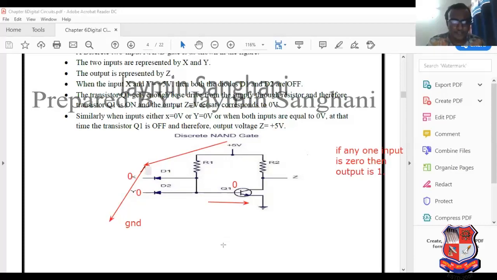Now I will explain this fundamental concept. See this very carefully. If we apply 0 volt here, see this. This is the symbol of transistor. I have sketched it here, and here I have mentioned with an arrow so you will be able to understand. It is known as emitter.